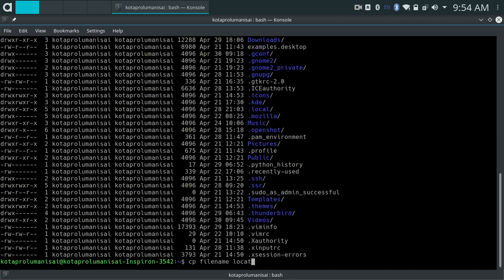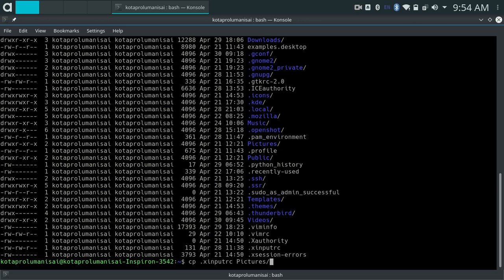For example, here I have .xinputrc, and I need to copy that into Pictures, which is this directory. In order to do that, we type cp .xinput, and you can press tab to complete it, and then the location where you need to put it. I need to put it in Pictures, and you can give another name for it, or we can put the same name.